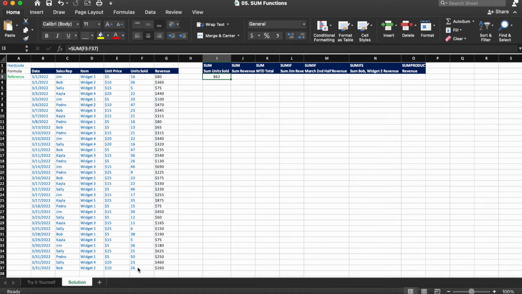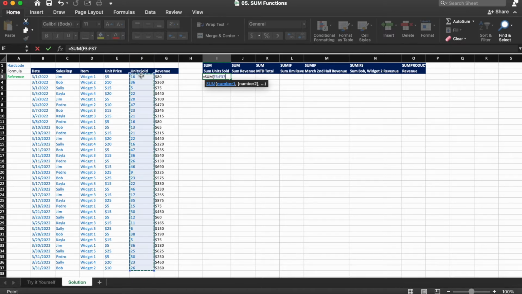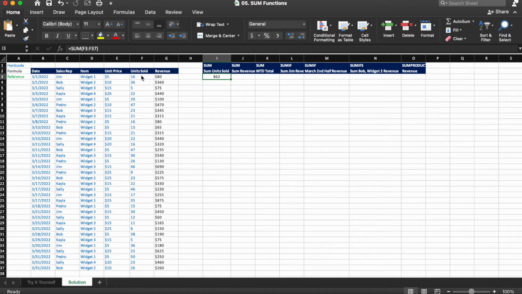Now there's a couple different ways that you can select a cell range. So one is like we just did, where you select one cell and then select another one to complete the range. You could type sum open parentheses F3 colon F37 close parentheses, or you can use a keyboard shortcut, which is Command-Shift down or Control-Shift down on PC. So let's try that right now. So we could do equals sum, and then we'll go over to F3, and then we'll do our Shift Command down, and it drops it all the way to the end of the continuous range. Close our parentheses, hit Enter, and we see 862 in cell I3.